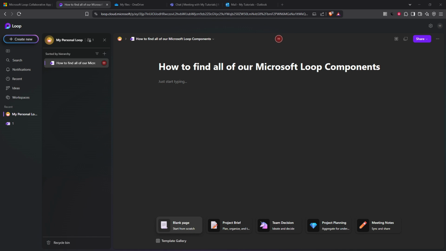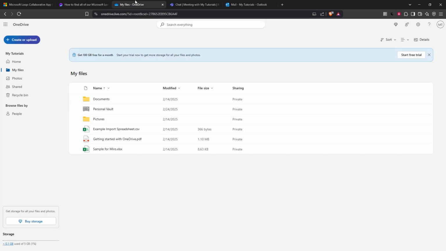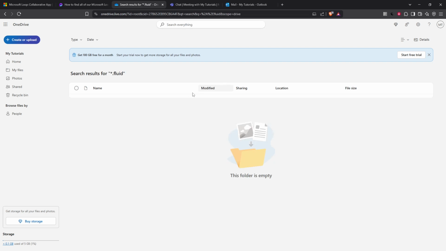This site is your go-to for accessing all your files saved on OneDrive, including Microsoft Loop components. Once you're there, find the search bar prominently displayed at the top of the page. Enter .fluid into the search field. This specific file extension denotes Microsoft Loop components, so using this search will filter out your entire files list to